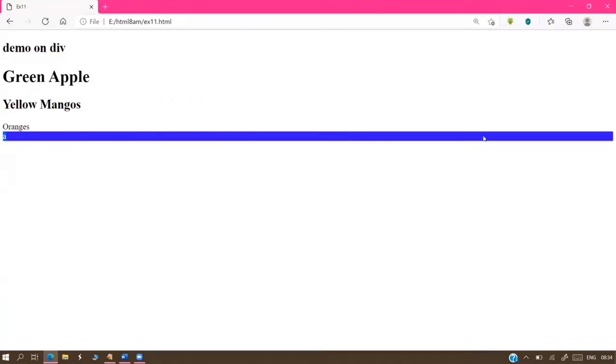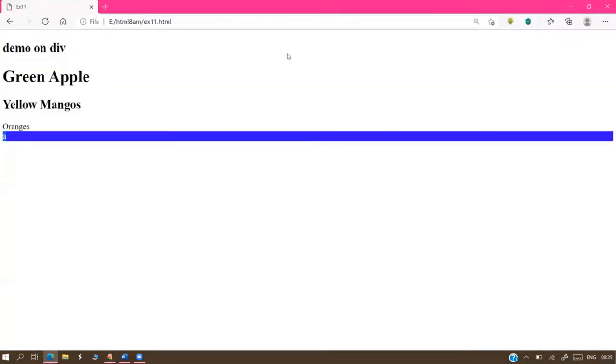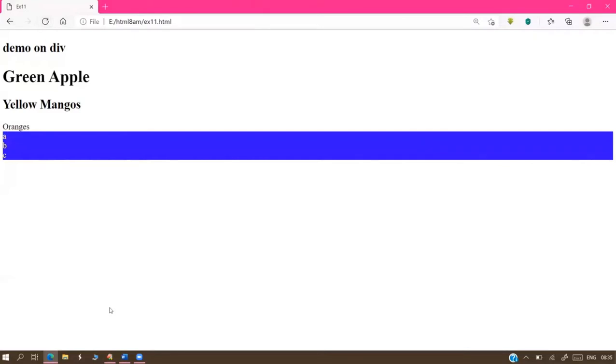Why the blue color? It comes from the left edge to the right edge, sir, as the default width. The division tag is displaying only one line, sir. That is the default height. Whenever the data is increasing, sir, automatically your height also increases. Auto fit to content. Height of the division tag is auto fit to content. Width of the division tag is the browser width. It's not auto fit. Width always takes the browser's default width. How much browser width is available? The division tag width is the same thing. The width of the division tag is equivalent to the browser width.